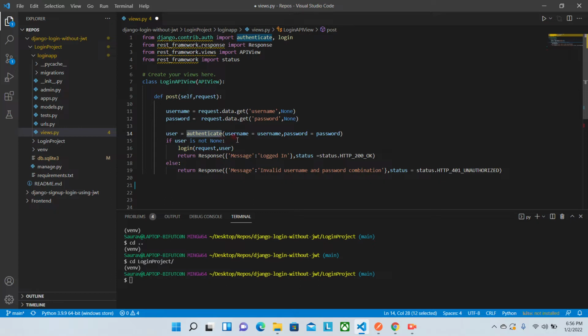If a user already exists with the specific username and password that we have passed, it will return that user. Otherwise, it will return a None object. So we are keeping a check over here. If the user is not None, then we'll head towards logging in. Otherwise, we'll send a response: invalid username password combination, along with the status code of 401, that is unauthorized.